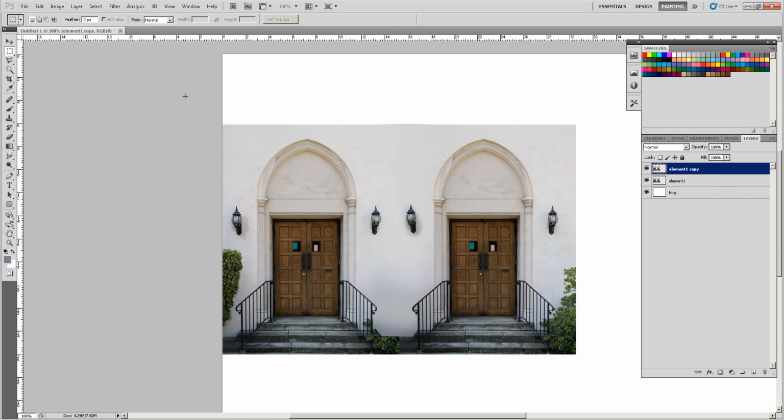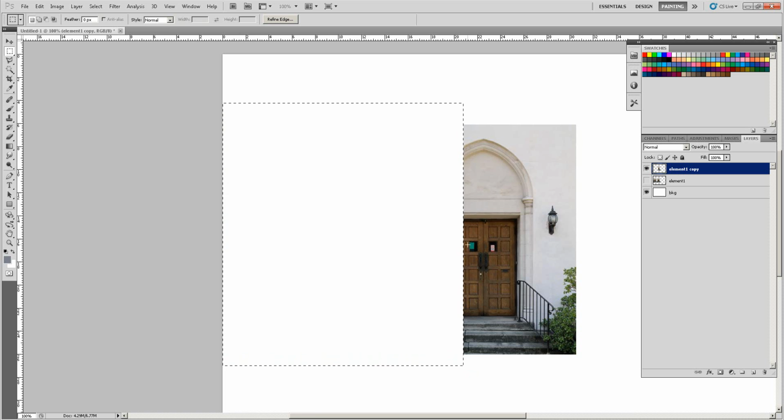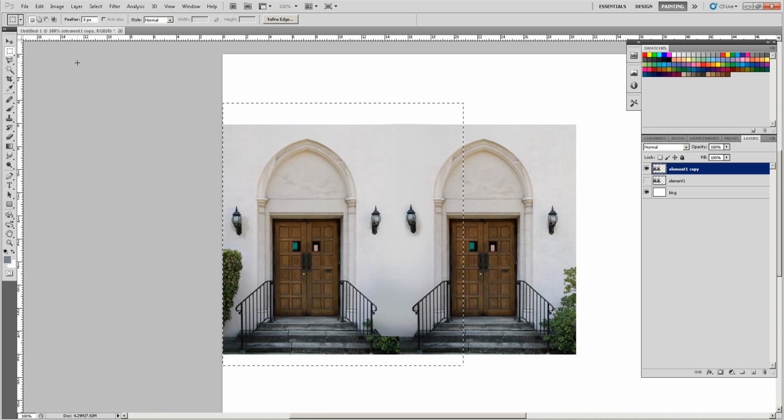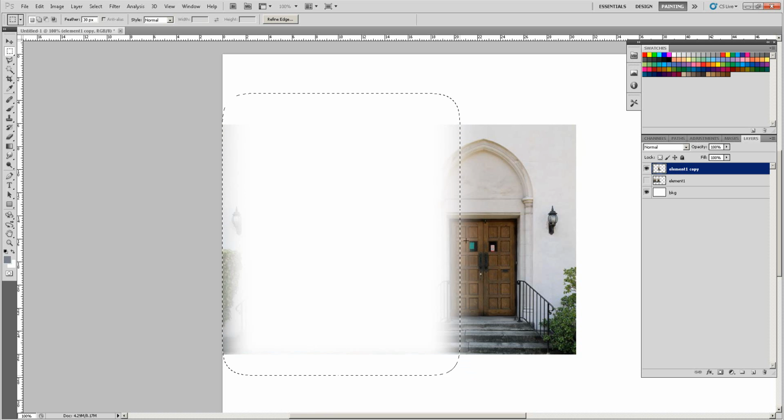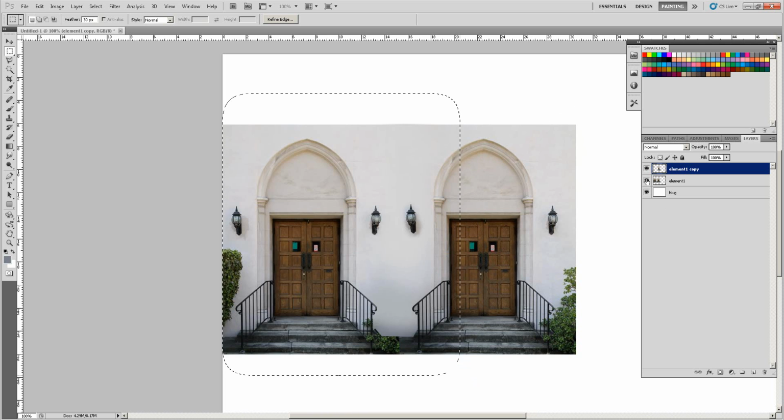and we know that half of it's going to work, so I'm going to turn this layer off, and press the selection tool there, but this time I'm going to change the feather. Now what does the feather do? Well, if I click and drag and then just delete, you can see it's a hard edge, but we don't want that. So if I change the feather, so I just deselect, I'll change the feather to maybe 30, and now I come across the door. And the reason I'm coming across the door is that you can see the feather better. So now I'm going to delete, and you can see it's feathered it,